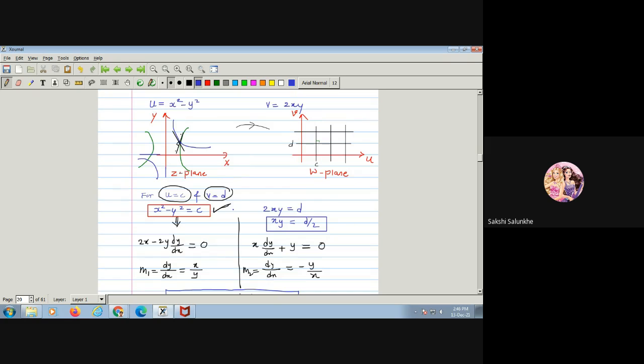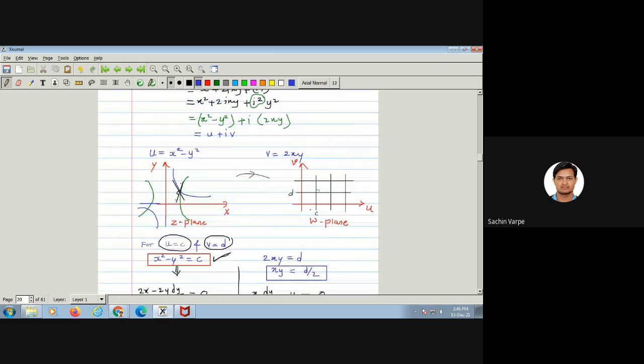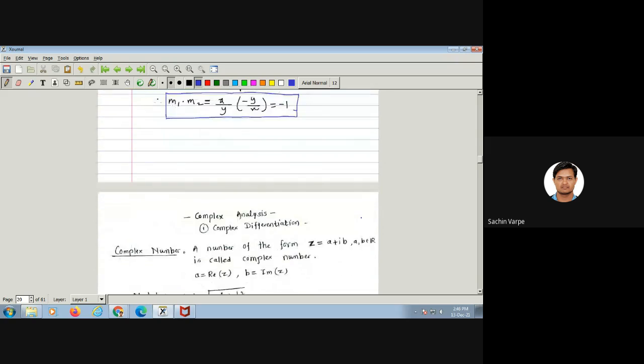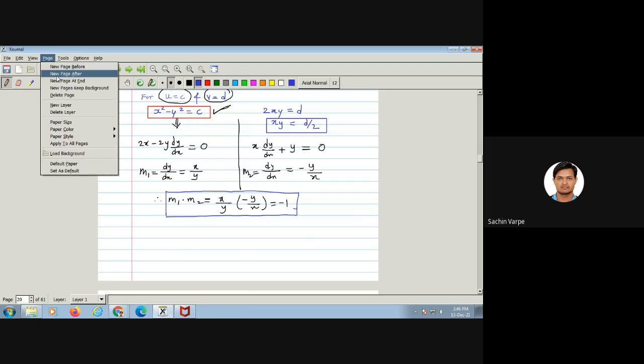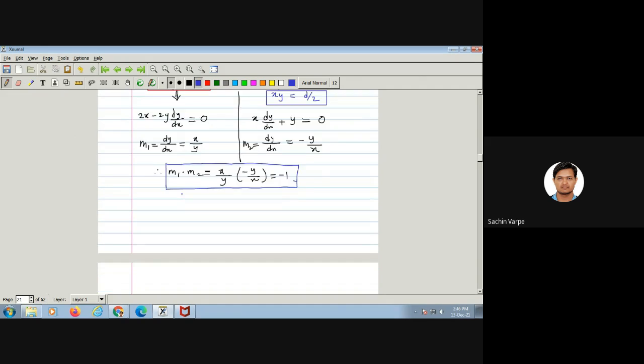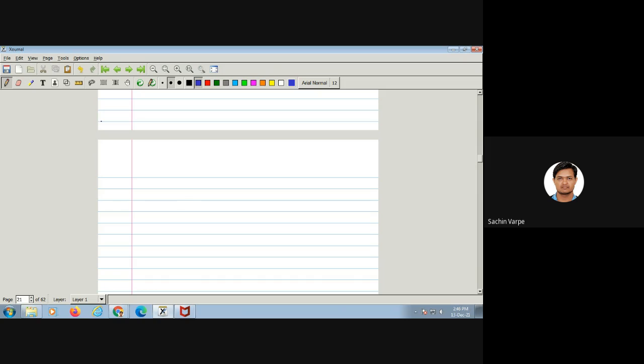Yes, sir. Now, we have seen that the pre-image of the w plane is a hyperbola. Now we see what the images of the z plane will be in the w plane. So if we consider the perpendicular curves or perpendicular straight lines in particular, if x equal to a and y equal to b,